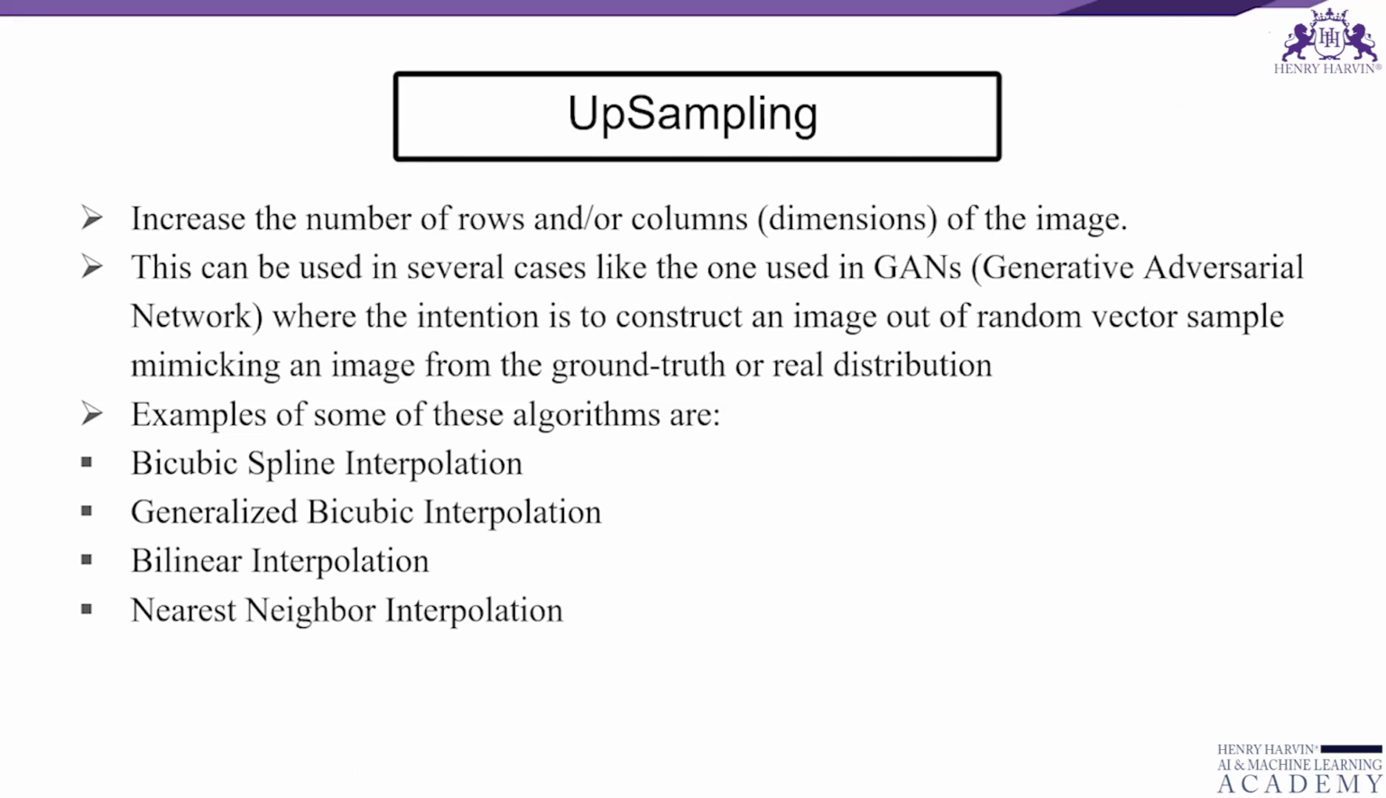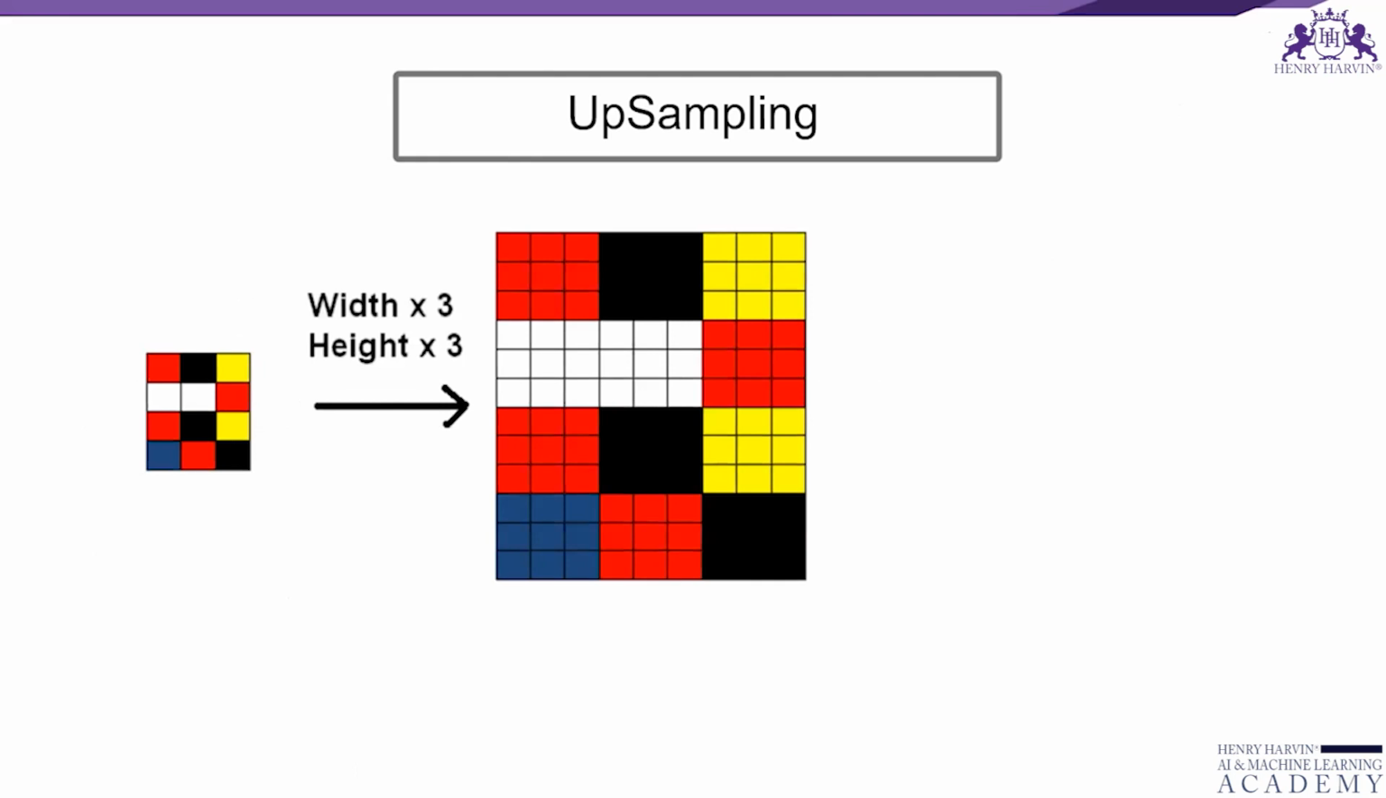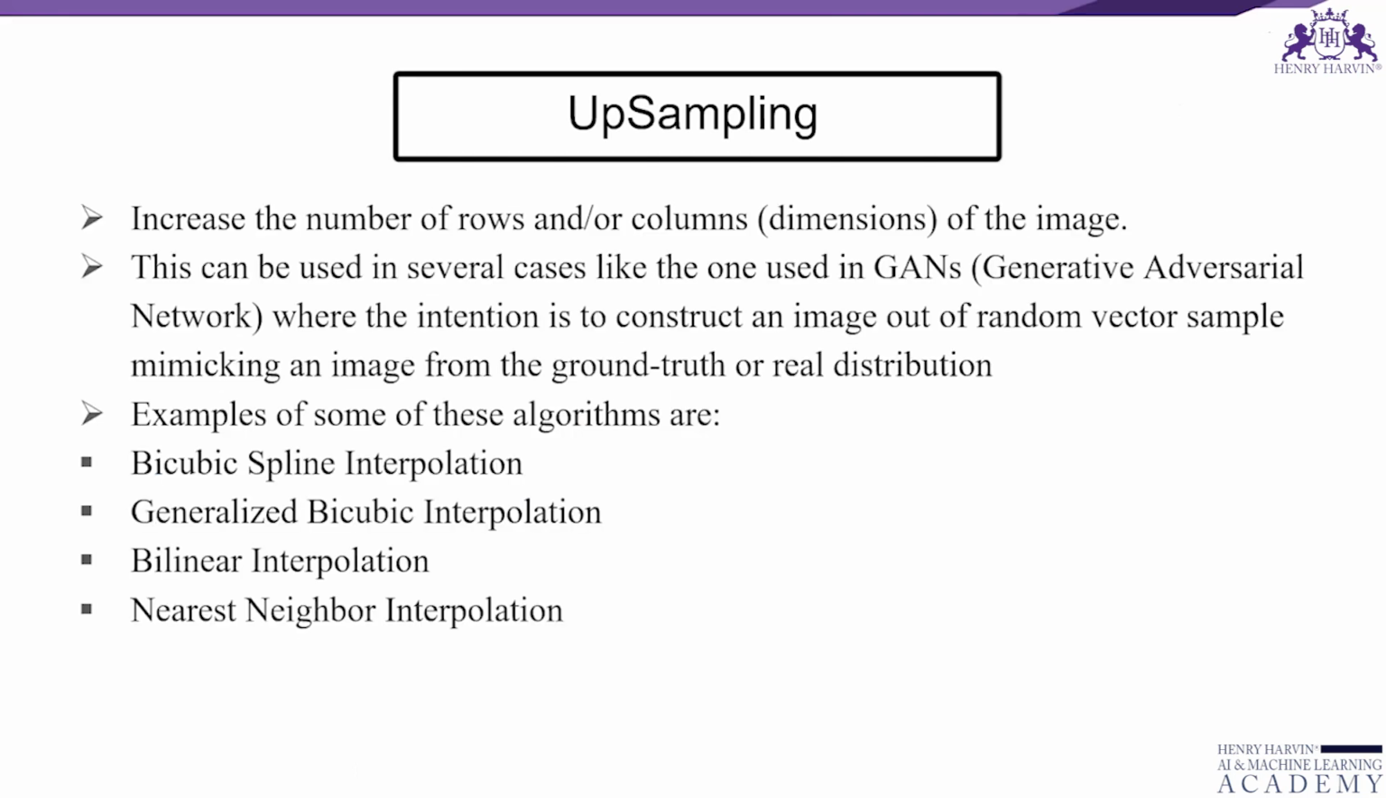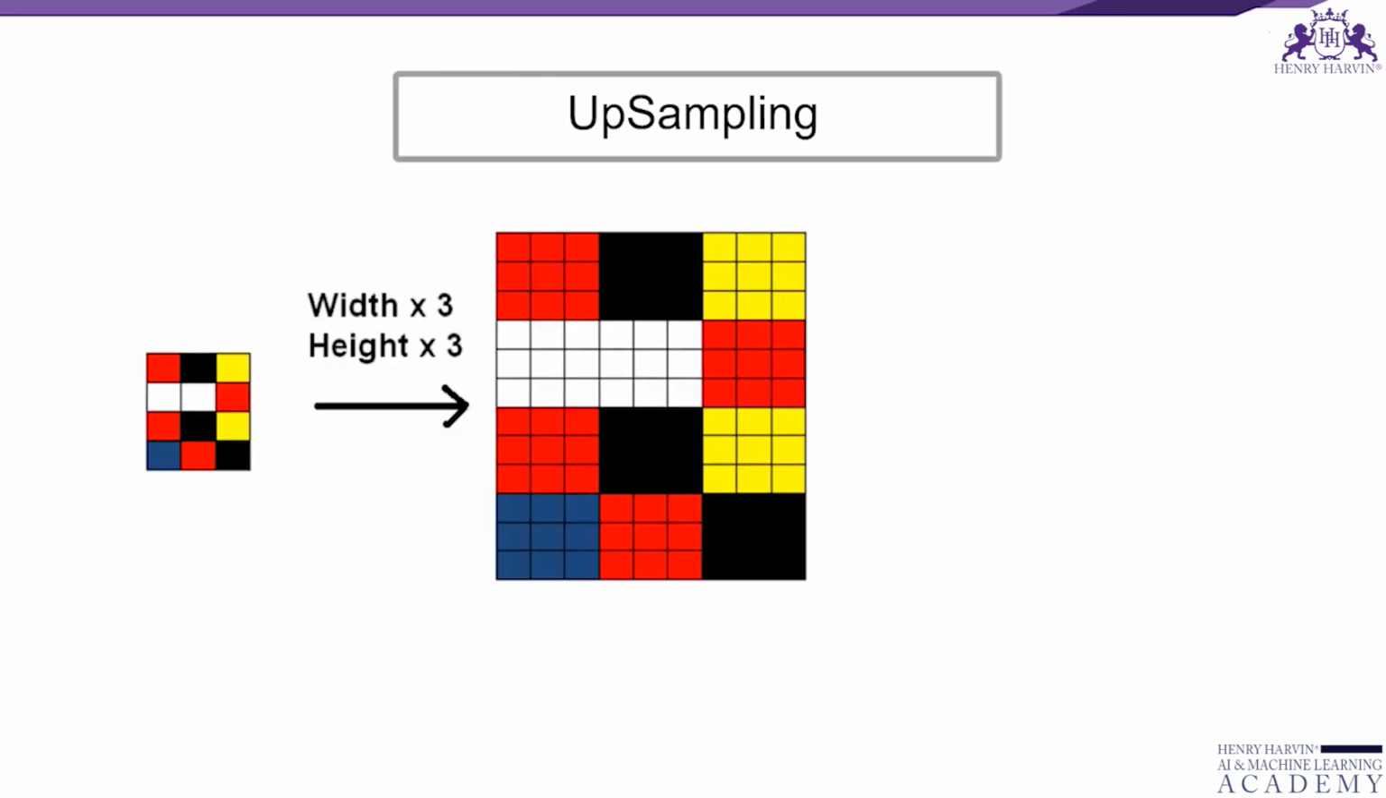With downsampling, our intention was simple and clear, but with upsampling, it is not very simple. We somehow need to increase the dimension of the image and fill in the gaps, in the sense of columns or rows. Here you can also see some examples of upsampling algorithms, like bicubic spline interpolation, nearest neighbor interpolation, bilinear interpolation, and generalized bicubic interpolation. There are several algorithms, and let us try to understand this